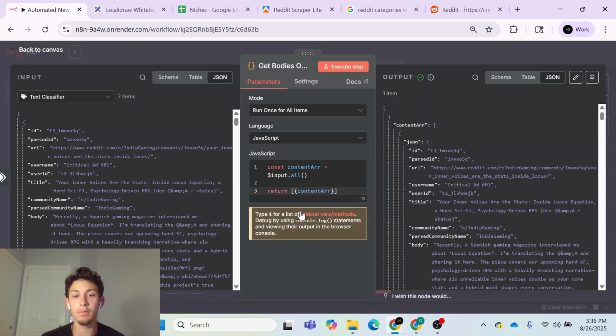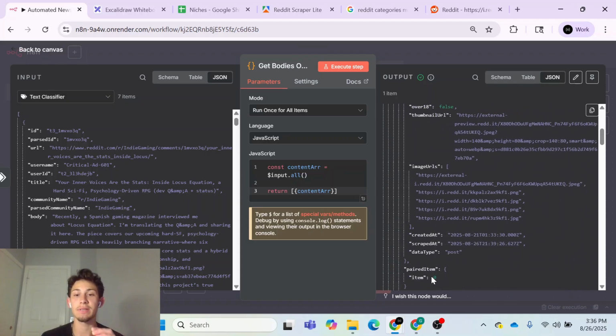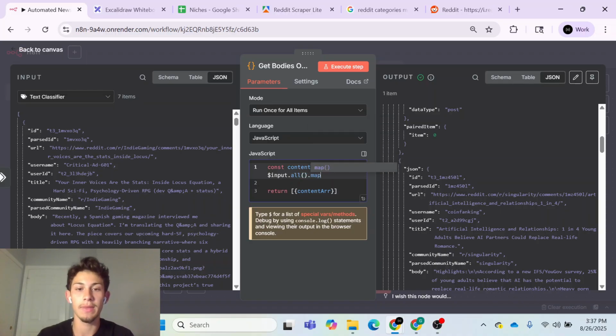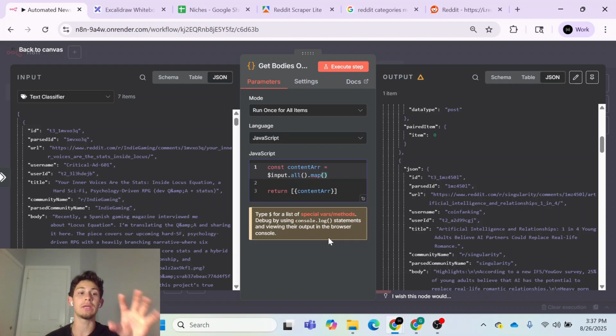Okay, but now what we need to do is we need to reduce each of these items, these Reddit posts really, just to their body. This body property right here. And so the way we're going to do that, or the way I would like to do it, is by using the map function, by saying .map. And what .map does is it performs the same manipulation on each item in this array. And so the manipulation we want to do is we just want to get rid of everything else and just keep the body. So the way I'm thinking we're going to do this is by saying